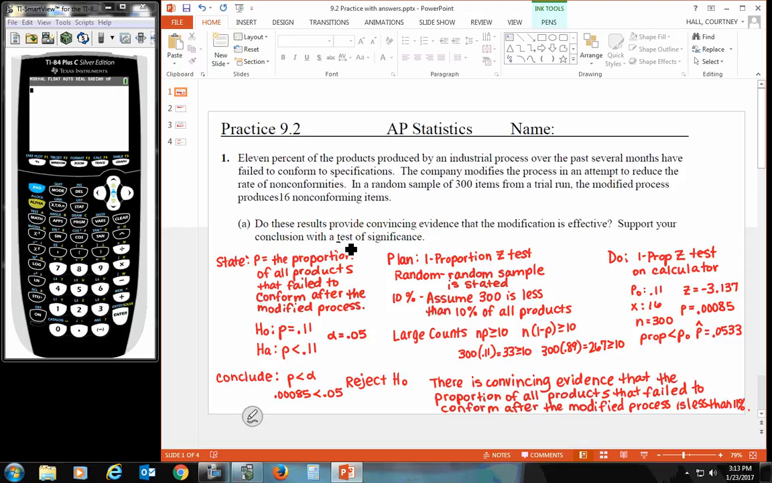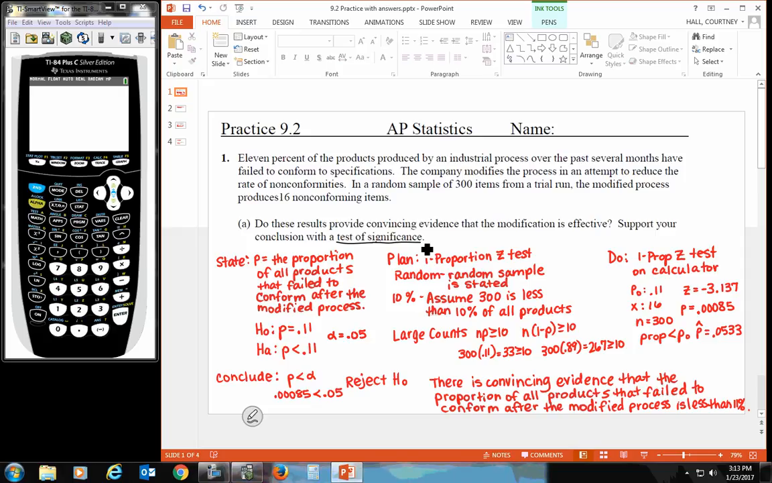When they say they want a test of significance, that is the 4-step process. You have to do the state, the plan, the do, and the conclude. You'll notice that they did leave you with a lot of space there, so you will have to do all the parts. In the state part, we are going to start by defining the parameter that we will be